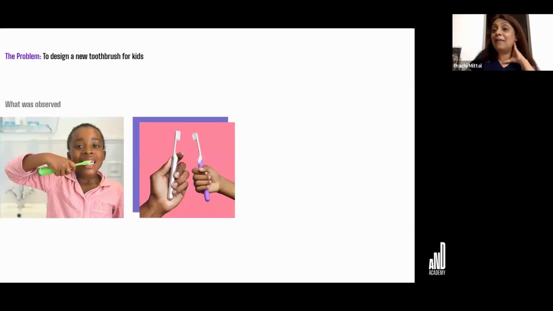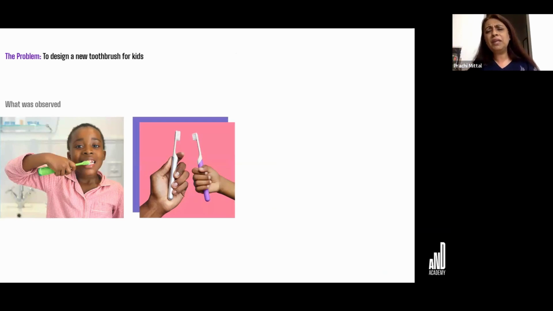Let's look at one more example, which is also a very popular example. So this time IDEO was given the problem to design a new toothbrush for kids, and you can go and search for it online. I think sometime in the late 90s, 96 or 98, is when Oral B gave this problem to IDEO. And today, the toothbrushes look very different from the toothbrushes that were there in the 90s, right? And this was specifically for kids.